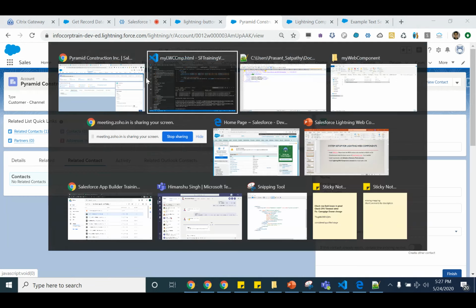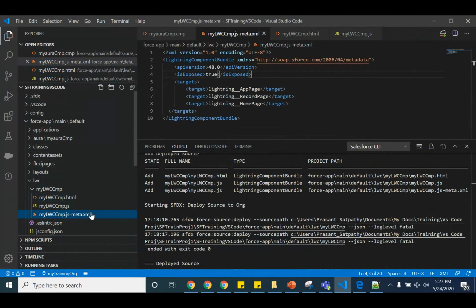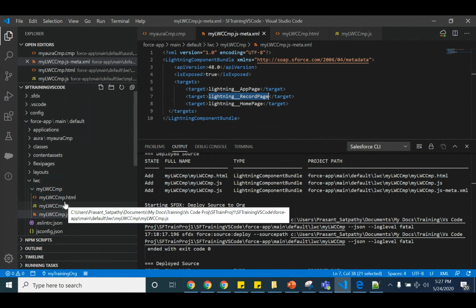This is the structure. We'll have an HTML file, a JavaScript file, and a meta file. The meta file will define where we are going to use it. Let's say I just want to use it for a record page, I will just have the target as record page. I'll not have app and home page, right? And again, all your logic